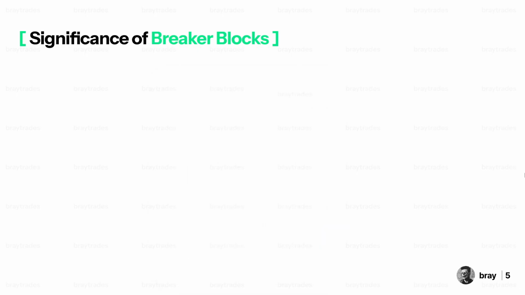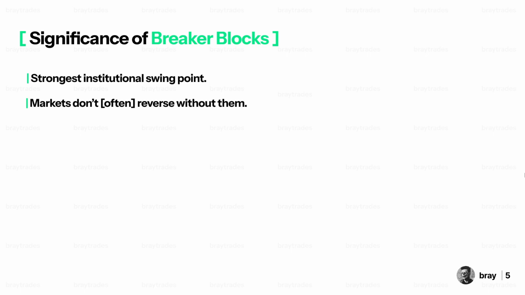Now let's delve into the significance of breaker blocks. Breaker blocks are significant because they are the strongest institutional swing point. Simply, this just means that this is a strong signature in price action that confirms a change in the state of delivery. With it being an institutional swing point, we often will not see the market reverse without a breaker